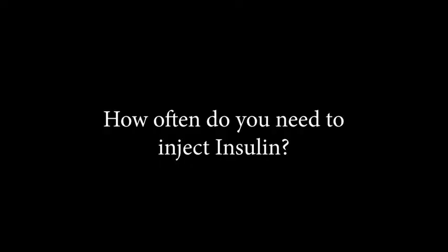I don't know. I have to check my levels and take insulin. That's all. Really, that's all that's changed. I have to take it maybe 5 to 10 times a day. It's a real pain because I don't really like needles, and even if I went on the pump, it's still noticeable,